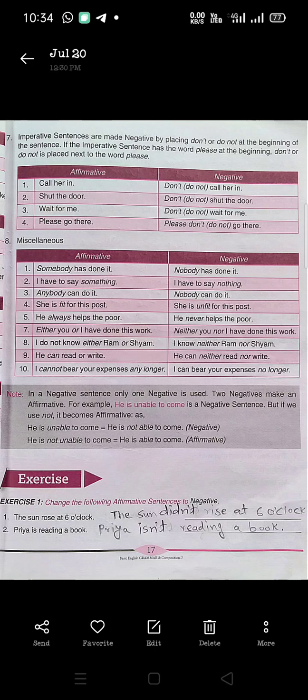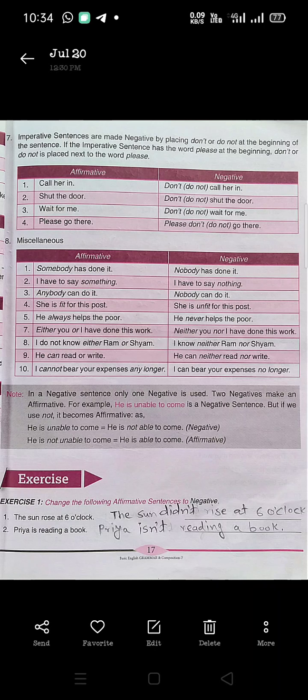I have to say something, I have to say nothing. So nothing we have used here. Anybody can do it, nobody can do it. What are the alternatives of these words? In place of somebody we have used nobody. In place of anybody we have used nobody. In place of something